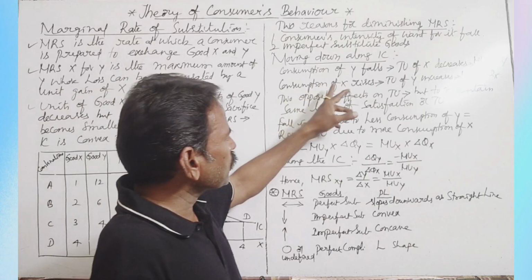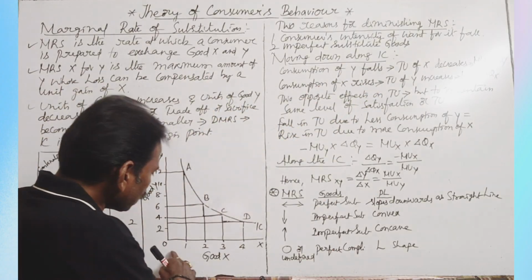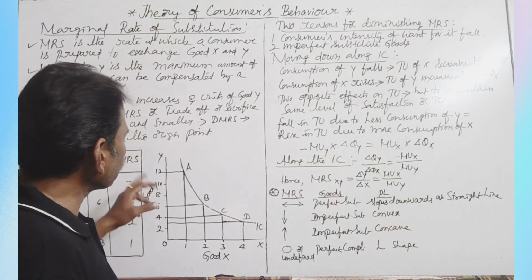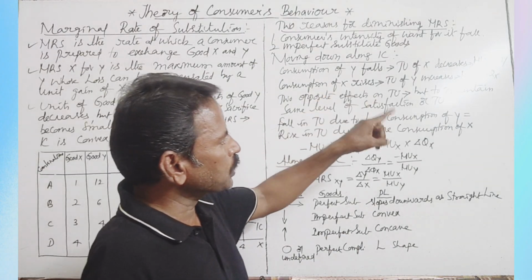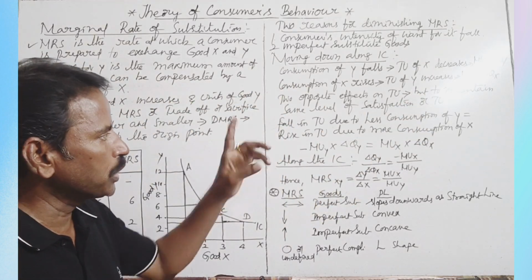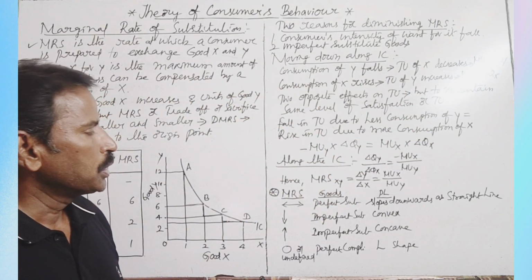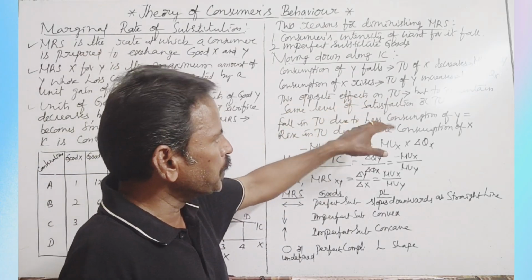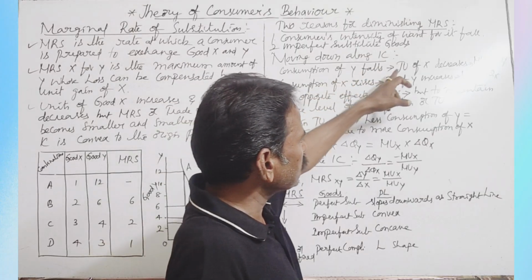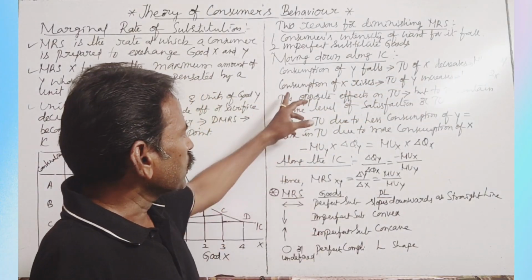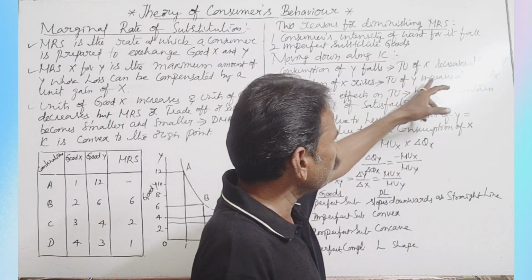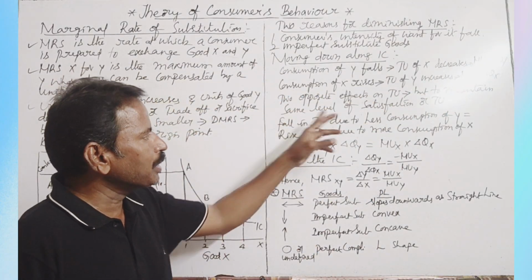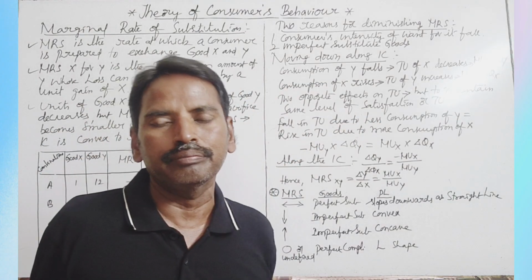Next, consumption of X rises. TU increases, that is MUX into delta QX. Two opposite effects on TU. In the case of consumption of Y falling, TU decreases. In the case of consumption of X rising, TU increases. Two opposite effects on TU, but to maintain the same level of satisfaction or total utility,